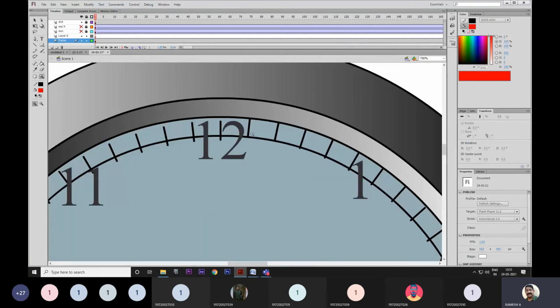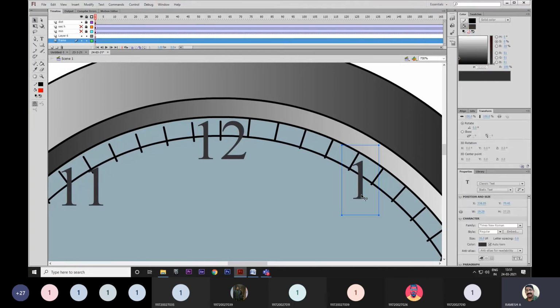This 12 is okay. 1, 2, 3, 4. This is the 5. One should get a little change.